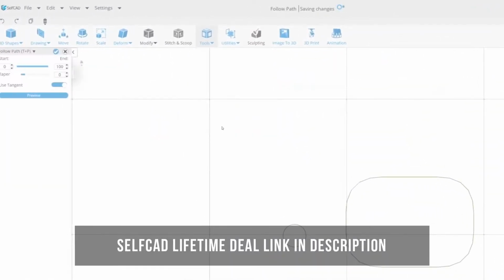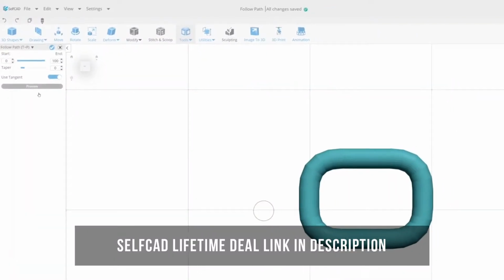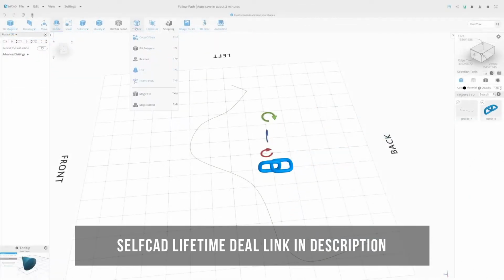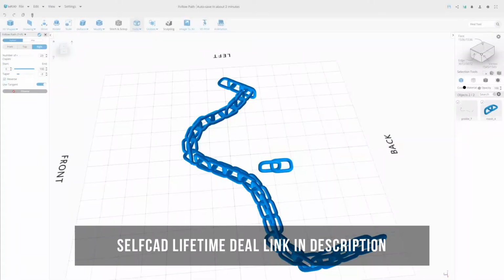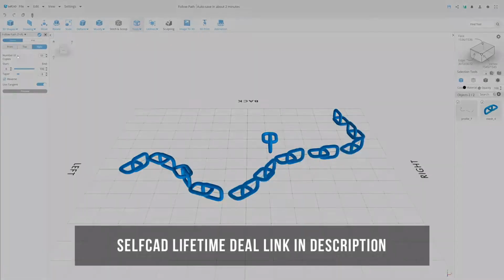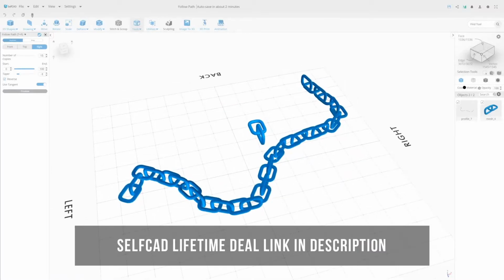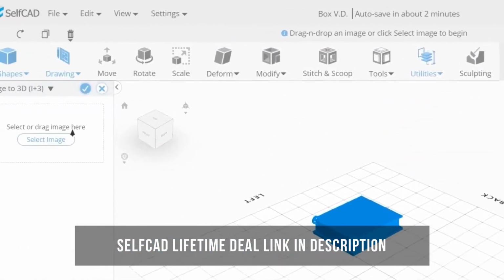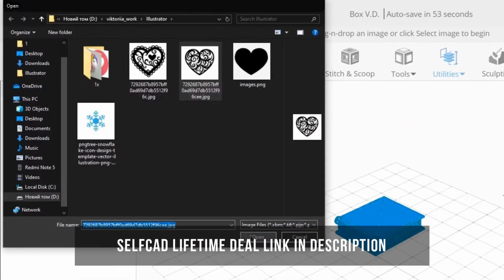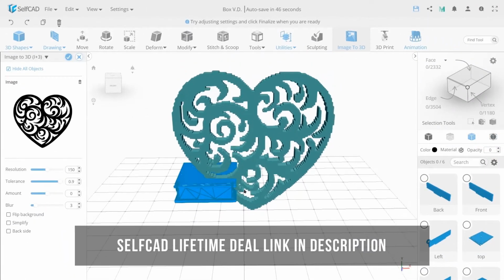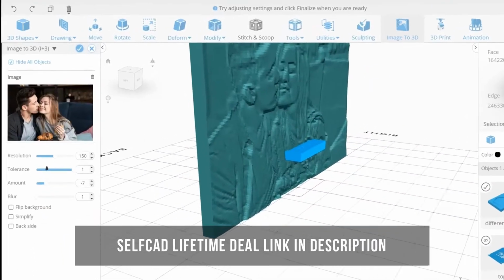One of the Selfcad multifunctional tools is the Follow Path. It allows you to create or duplicate complex contours and ornaments in needed form or structure in just a few clicks. The Image to 3D tool gives you unbelievable and revolutionary possibility to convert a simple 2D image into an